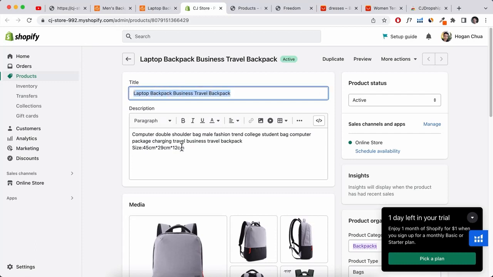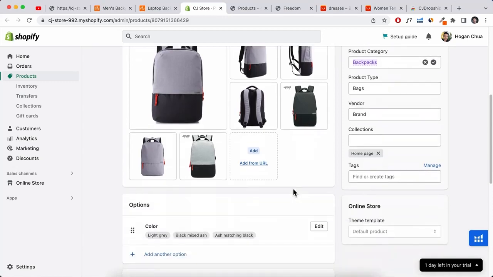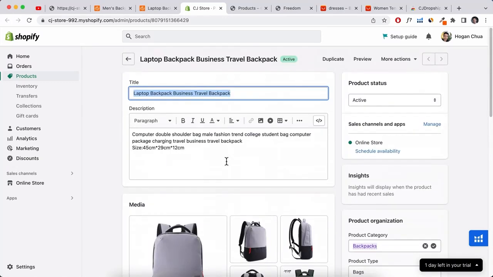Here you can edit the title as well as the description. You've also got the images, so you can delete them as well. You can also edit the product categories and the vendor and also the type as well. So there's a lot of things that you can edit over here. Let's go ahead and check that product. So let's